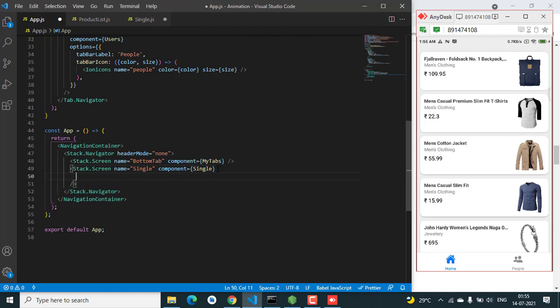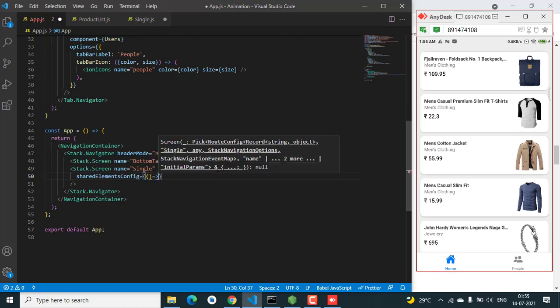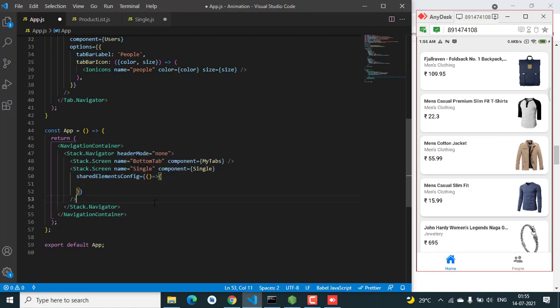So for that you just need to pass the shared element config. It's also the same thing.